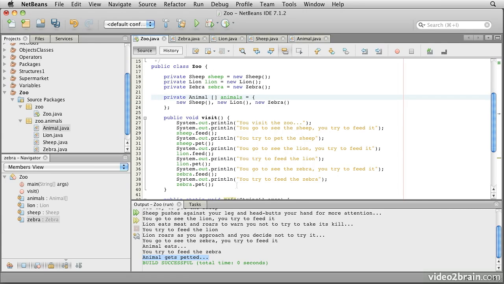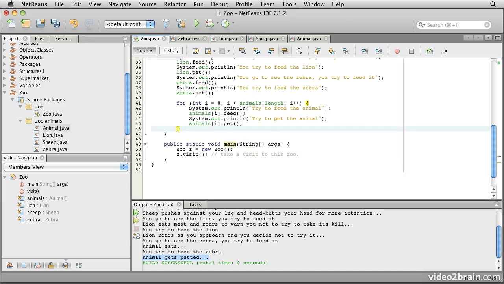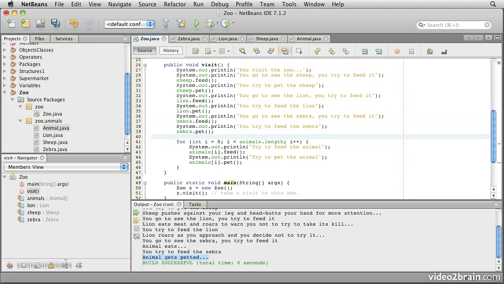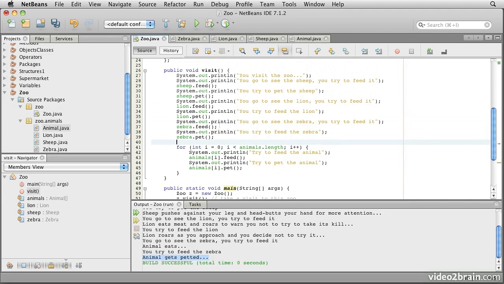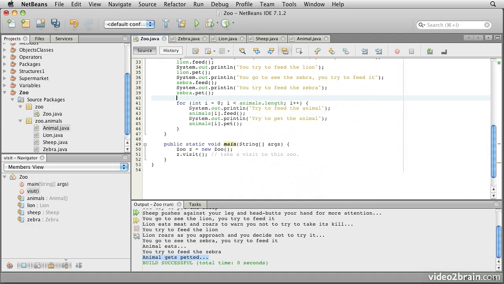Now the other thing that I can do is that now that I have an array of animals, I can actually iterate over that array. So in effect, these two pieces are essentially equivalent. I have this version which works with the individual variables here, and this version which is working with the array of animals. And if I save that and run it,